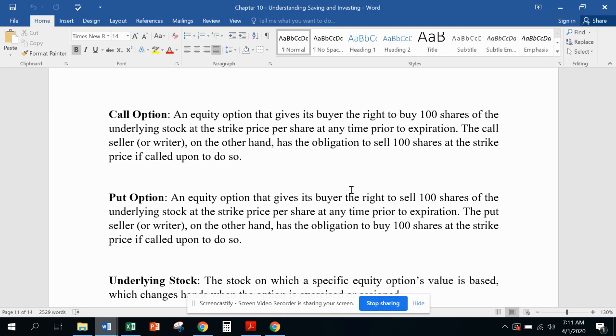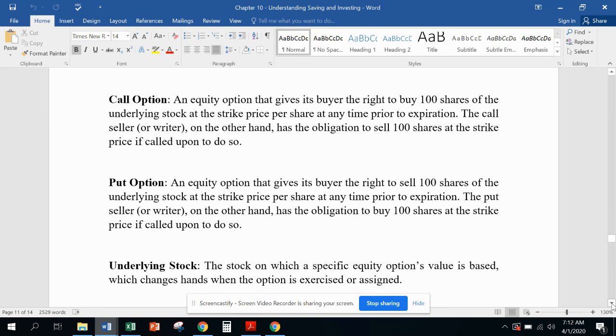If it goes to 200 before the expiration, I still have the right to buy those shares at $55 per share, buy it at 55, quickly sell it in the open market at 100, 200, or whatever it's trading at. Okay. It can be a very useful tool and it doesn't require a lot of cash up front. Each option contract is tied to 100 shares. So you can see that if I can pick up a couple options contracts, I have the potential exposure to